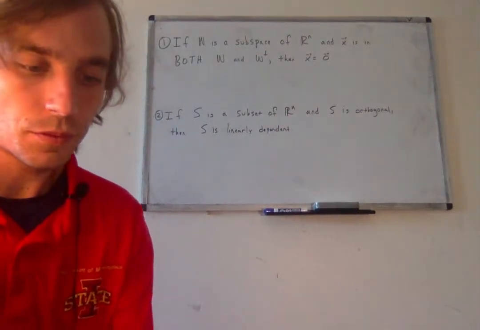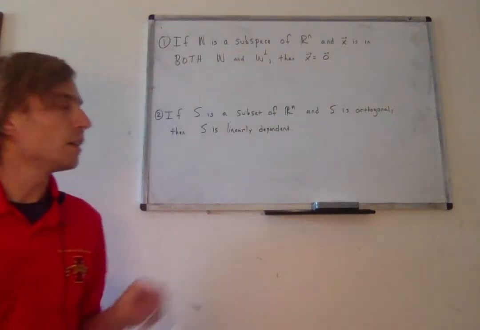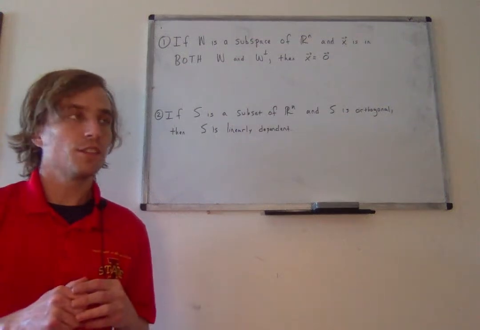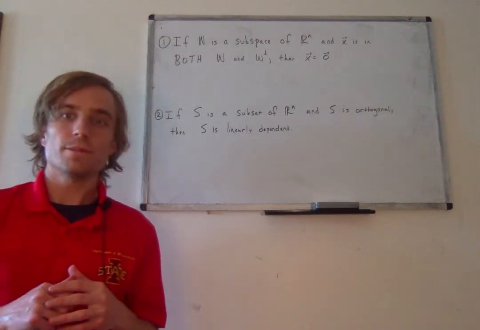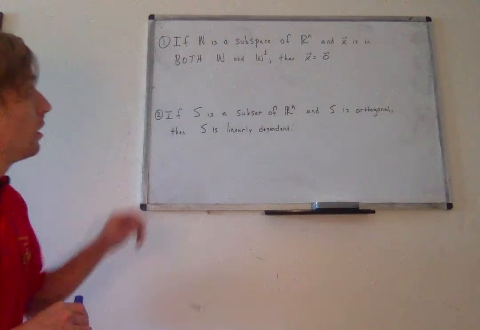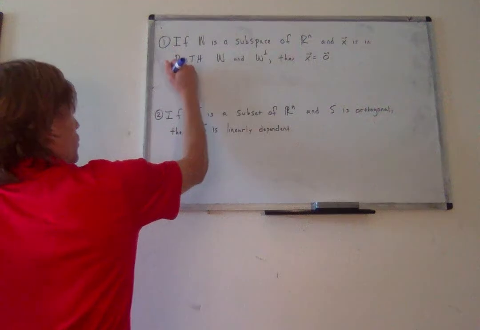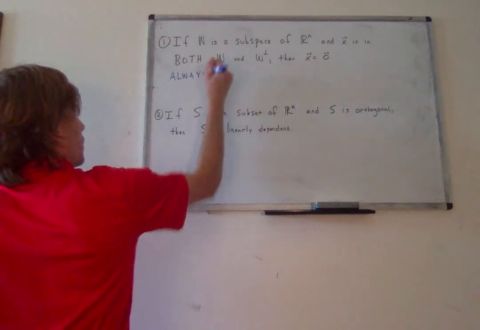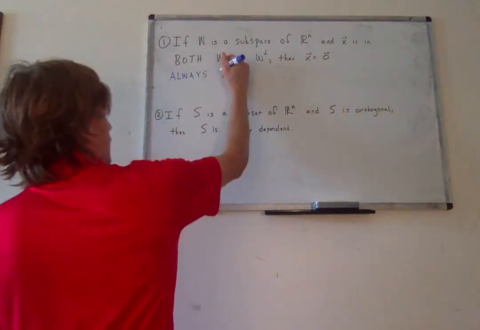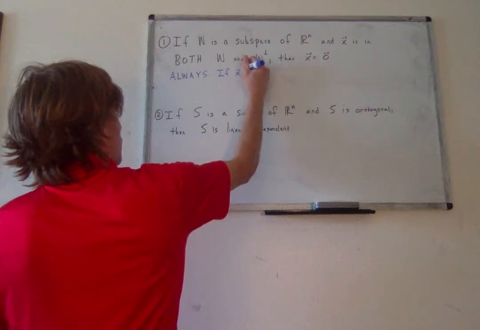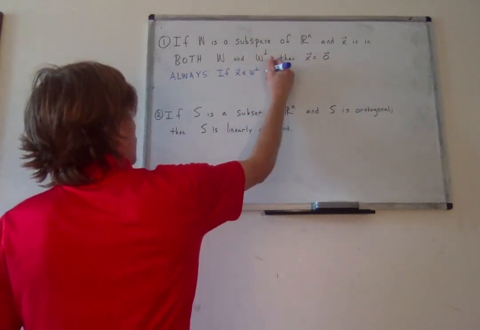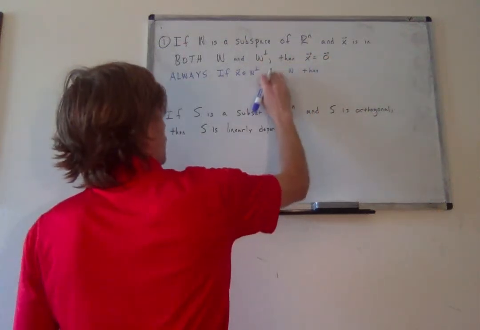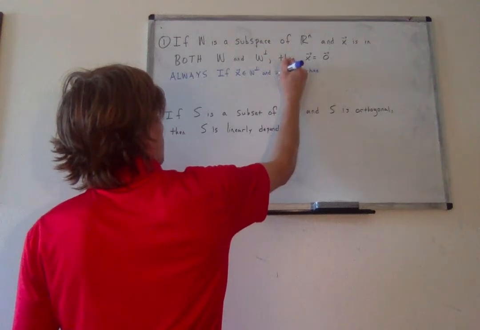All right, so I think the first one is the most interesting of this set, although I actually have already proven one somewhere in a past lecture, very recently actually. So one is always true. The reason being is that if x is in W perp and x is in W,